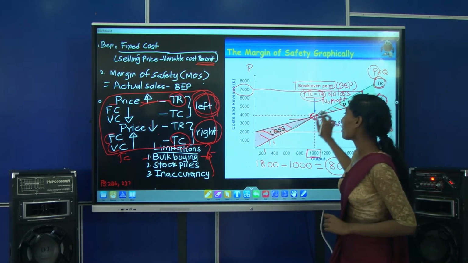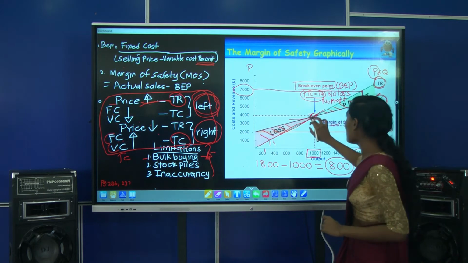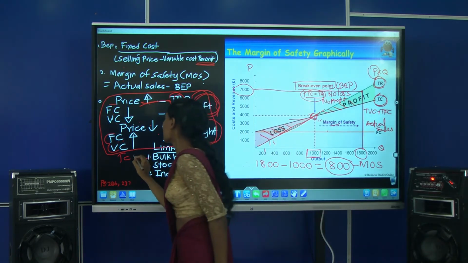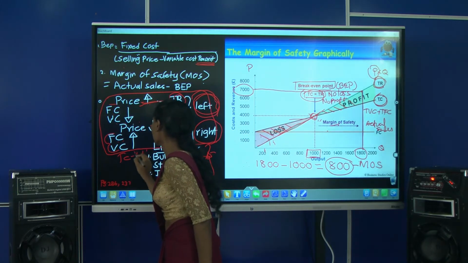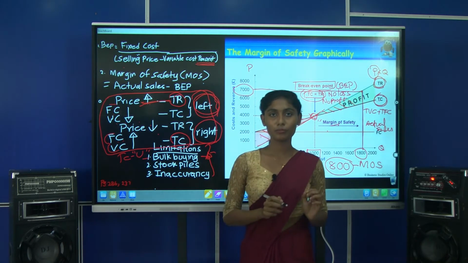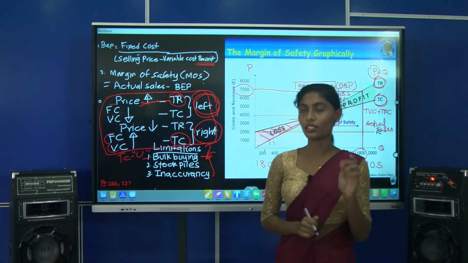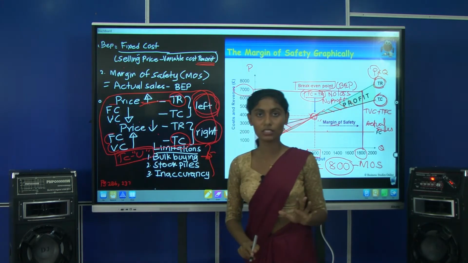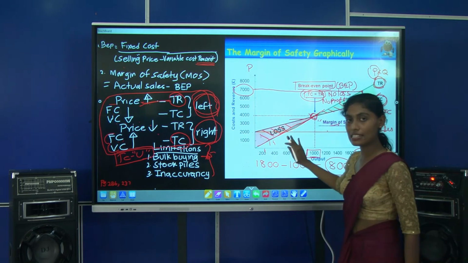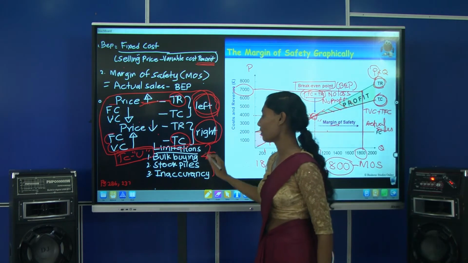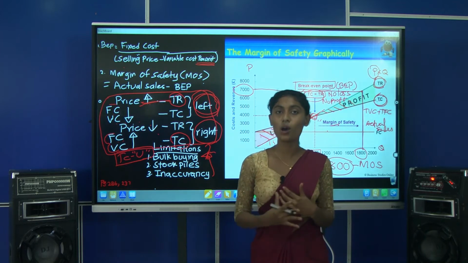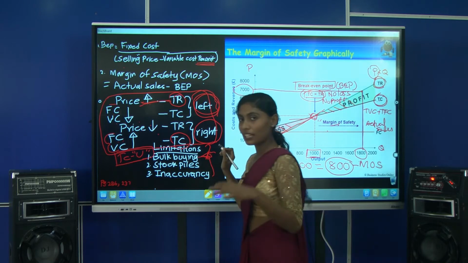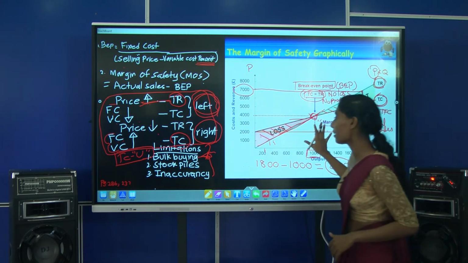It will be linear here, it's a linear curve. After that, it won't be a linear curve. It will be a U-shaped curve. I hope you all have learned that in economics. It's a U-shaped curve that you will get when you are experiencing economies of scale. So we don't have a linear straight line curve when we are having bulk buying, when you get lots of discounts while expanding the business. So the first one is that we can't show the bulk buying in the BEP graph.